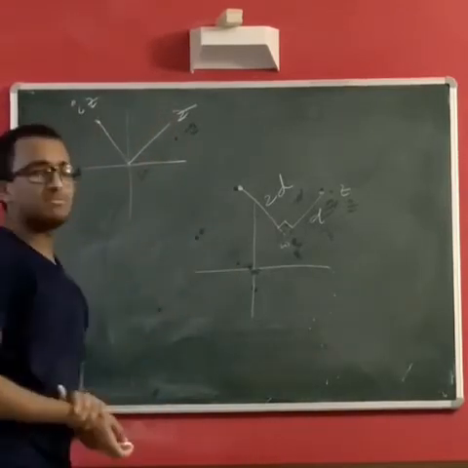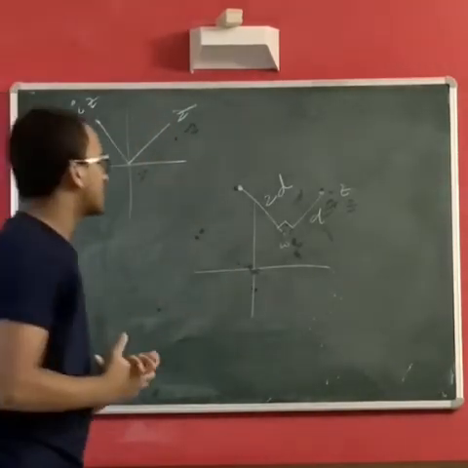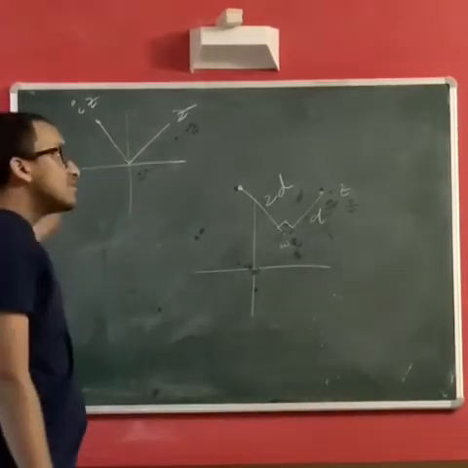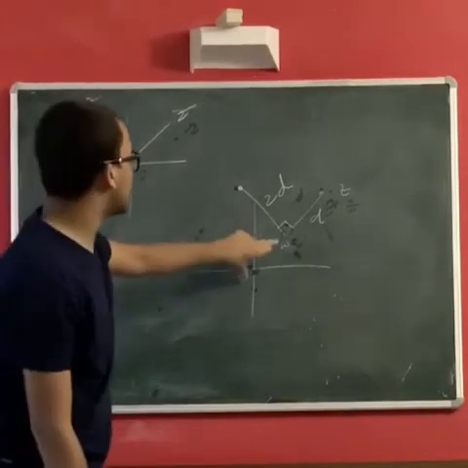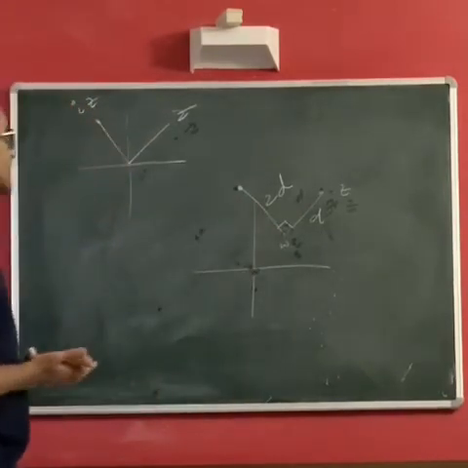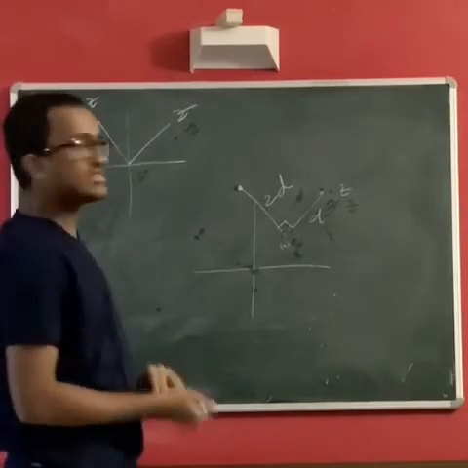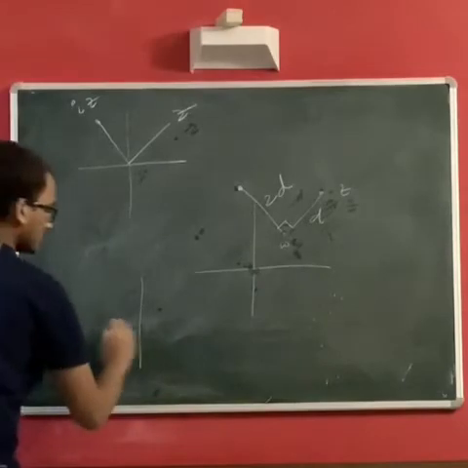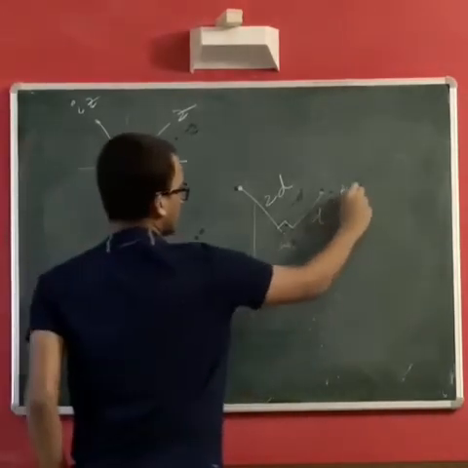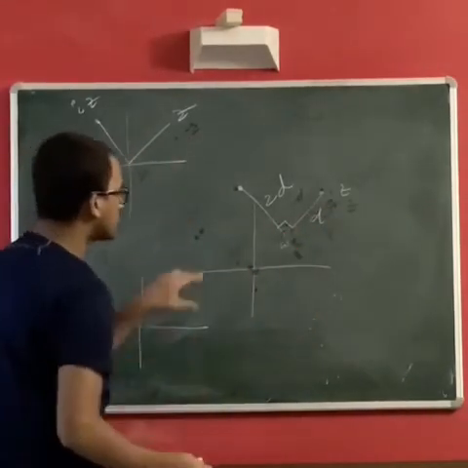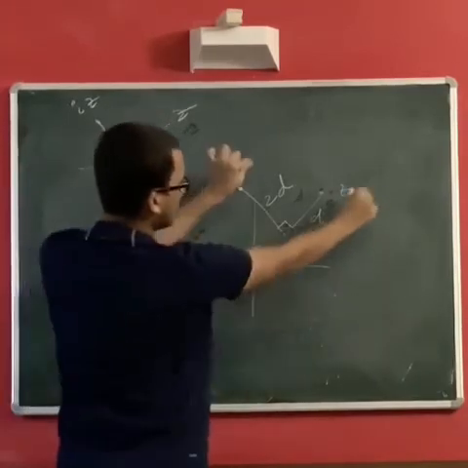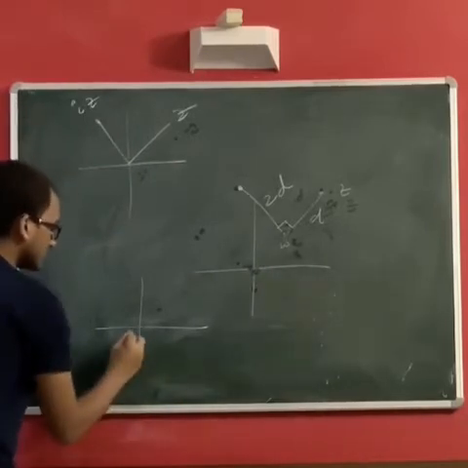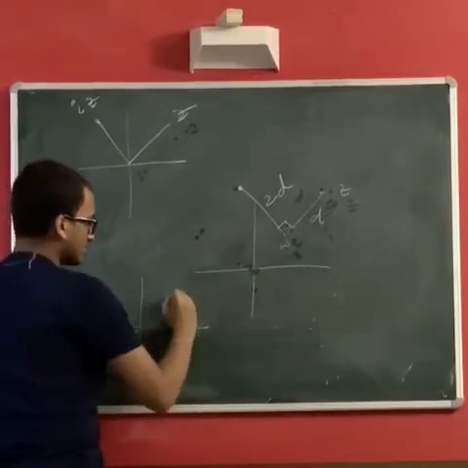Translation just happens by subtraction. These are some vector ideas that I am using. You can pause the video and try to prove each step that I am doing, but if you already learned vectors, then you can easily follow. When you subtract w, at that time this whole complex plane translates such that the origin becomes w. So this will be 0, and this will be z minus w.